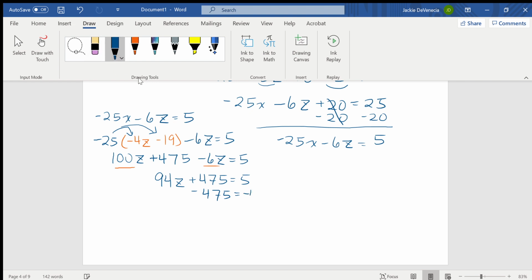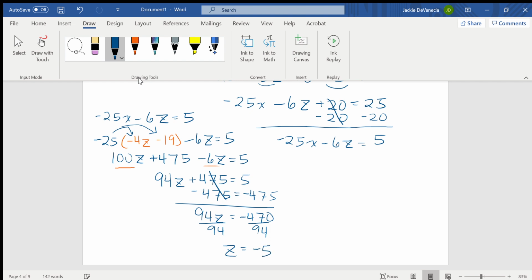And yeah, we're going to get a negative number. So 94z is equal to 5 plus negative 475. And this is just negative 470. And you want to divide both sides by 94. z is equal to